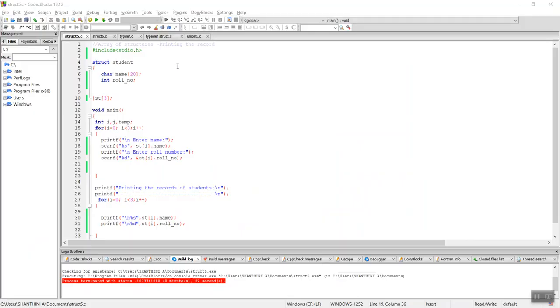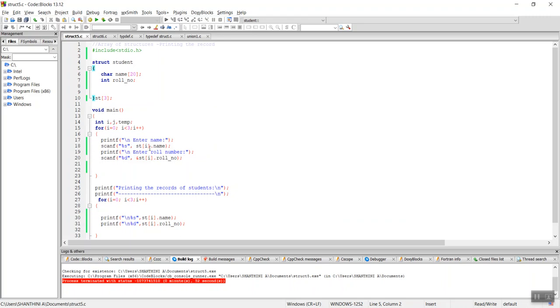So this is a small example for an array of structures. Here, as we know, we include the header file, and then we declare a structure called student which has name and roll number as the members of the structure, and I am going to have an array of 3. That is, I am going to have 3 records for the student database. Okay. So inside my main, how am I going to get the details of the student record? As you know, in the arrays concept, we use a for loop to get the records in an iterative manner. Similarly, here I'm using a for loop and getting the details of the students.